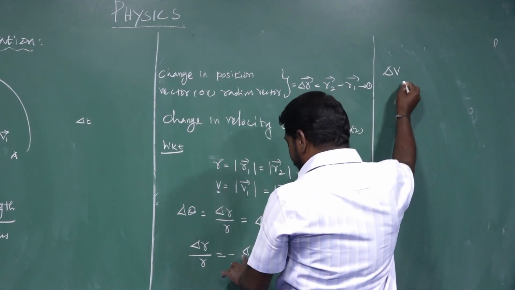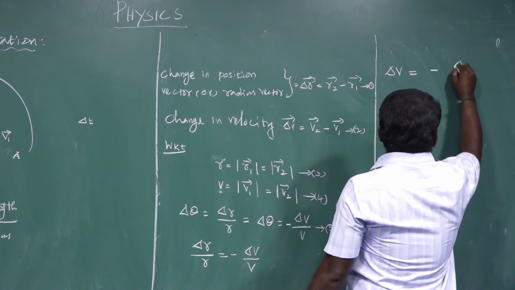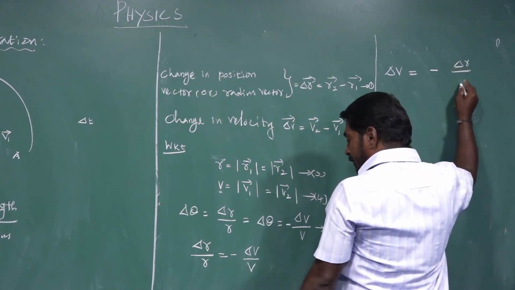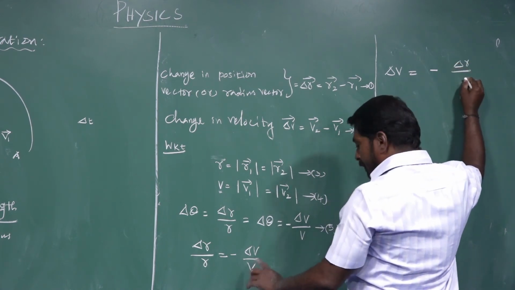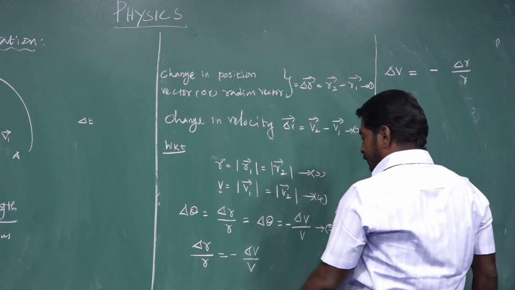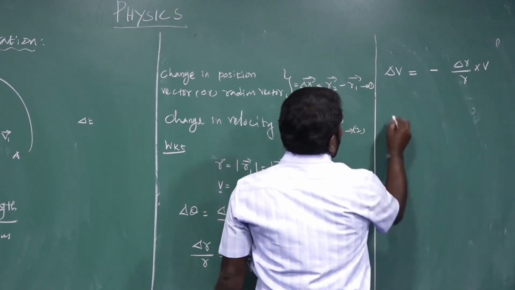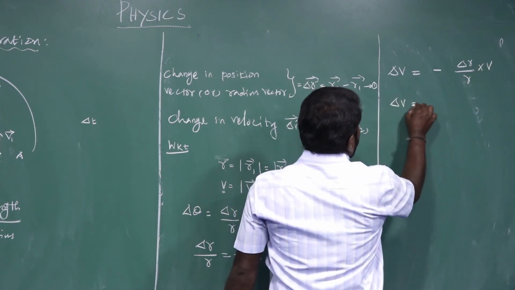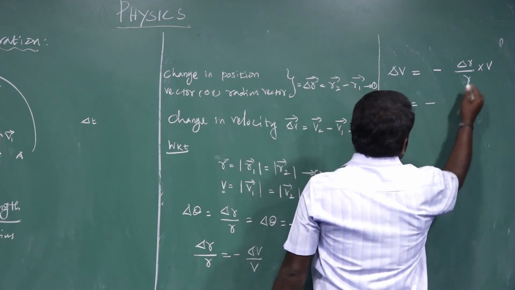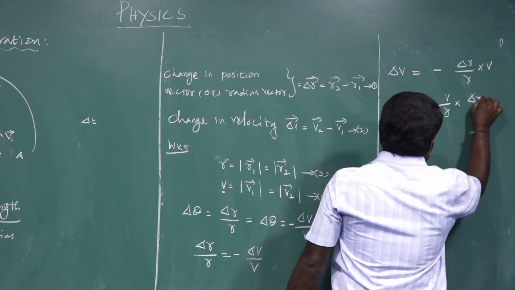Delta V is equal to minus delta R divided by R